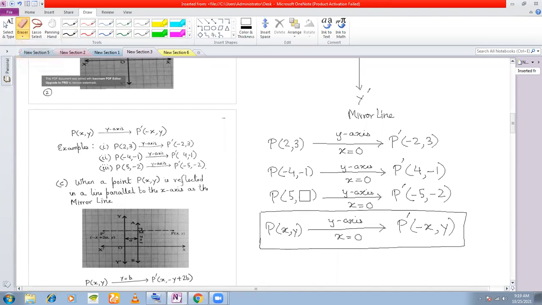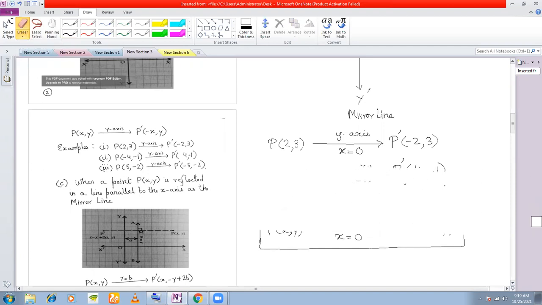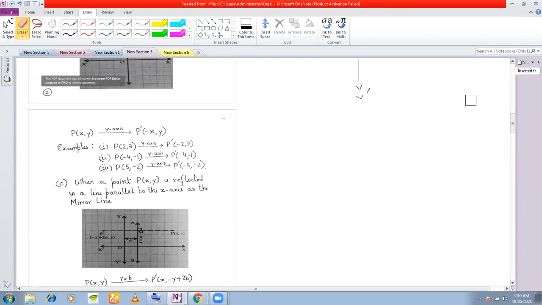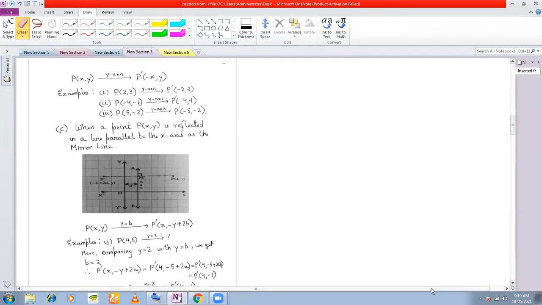Next is reflection of a point in a straight line that is parallel to the x-axis. First of all, before proceeding with reflection, if you remember last year when I was discussing straight lines, I told you